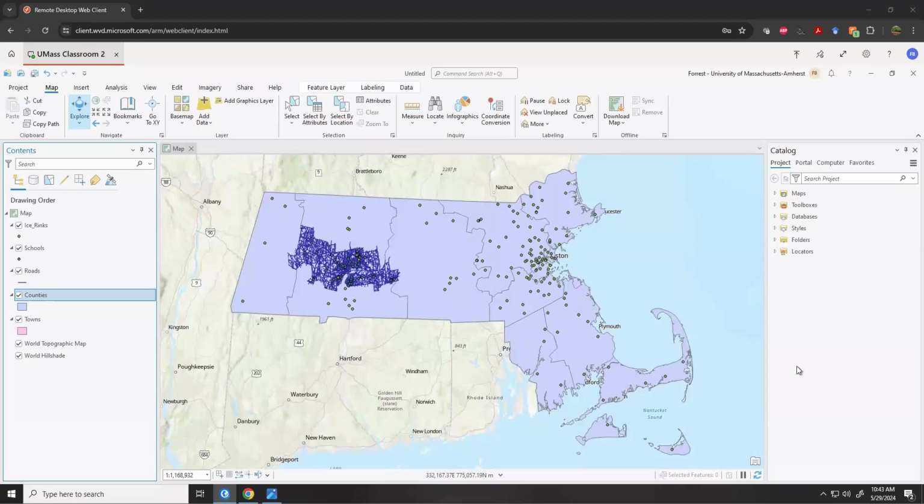We had a question come into the lovely GIS question pile, also known as my email inbox. First question in a while. I'm using the remote desktop and I can't load raster data. Help. Well, I'm using the remote desktop here, and one of the things I want to be specific about,